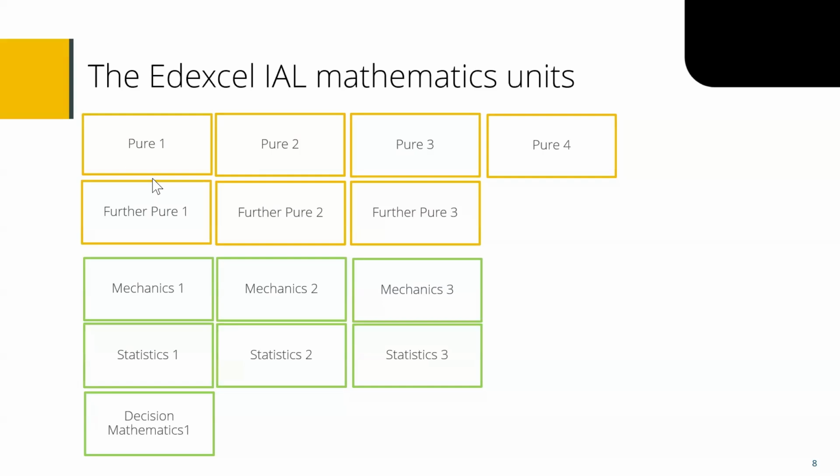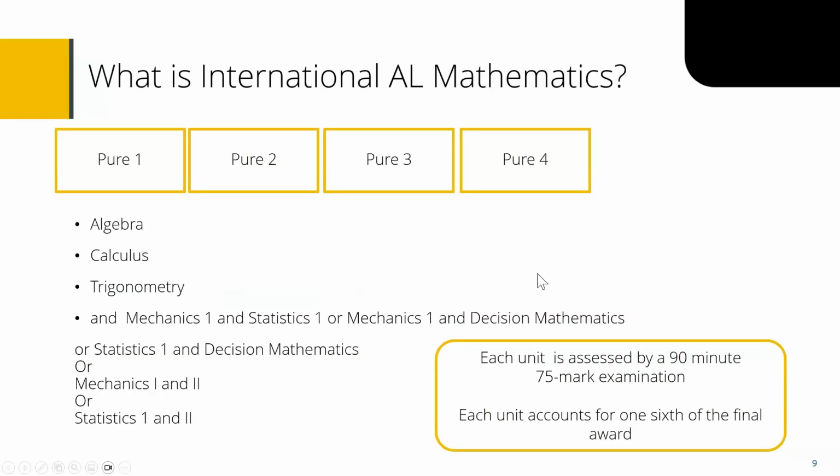So if we look at this one here, there's 4 pure units. If we look at it a bit more in depth, the 4 pure units are compulsory, so you'd have to teach them, and they'll have to sit all 4 of them. And then there's 2 applied units that they can choose from. For large centers, it allows specialization into mechanics sets and statistics sets. You should just be aware that all units are equally weighted, so there's not an advantage in terms of which one you choose. The full course can be treated as a unitary one, with all units taken at the end as well. So there is that option as well,